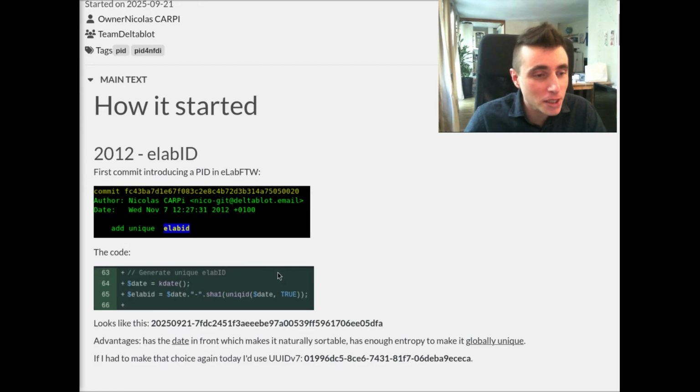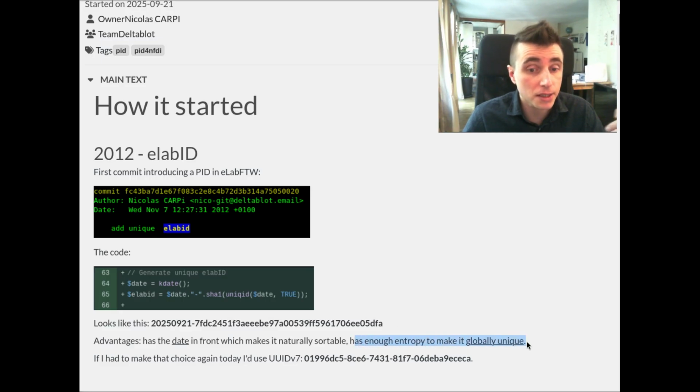So eLab ID basically looks like this, and it still looks like this because it is still present in the application. I don't really recall why I wanted to have a persistent identifier in eLab, but I guess it made sense, and nowadays it still makes sense, of course, so that you can reference your experimental results with a persistent identifier that also happens to be unique.